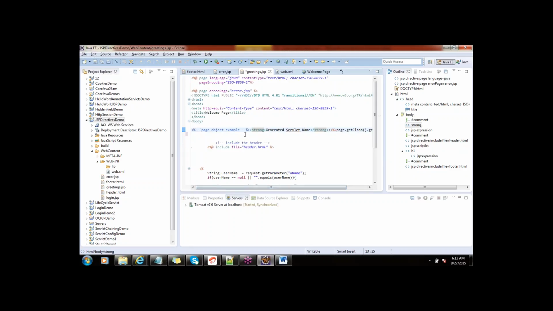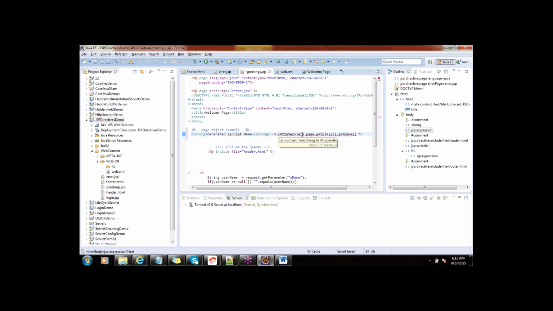I'm going to use this sample, right? And I am displaying some message, get generated servlet name, and I am obtaining that servlet name using page dot get class dot get name. And here they ask to typecast to HttpServlet,